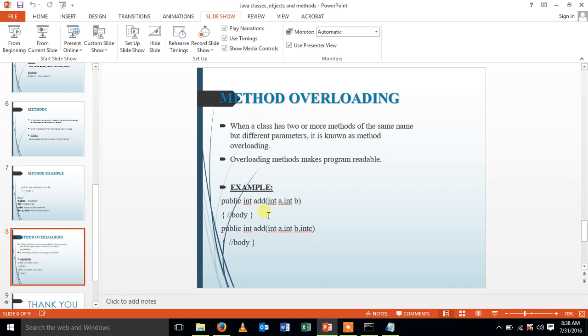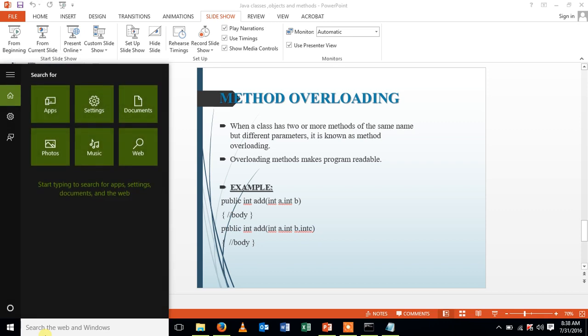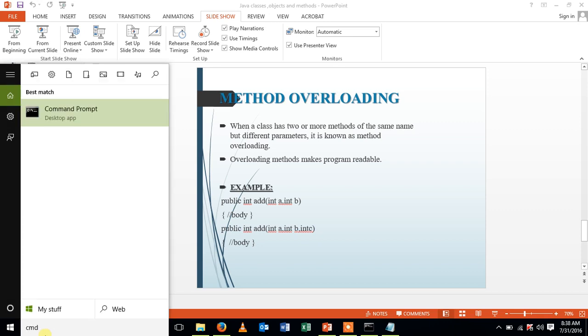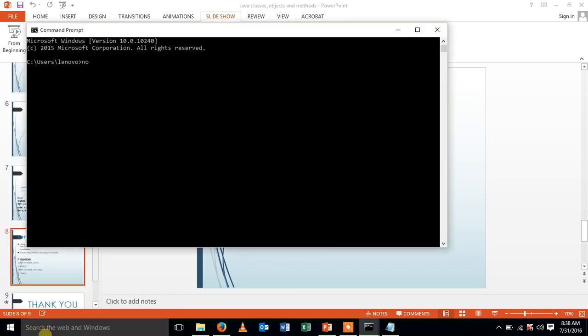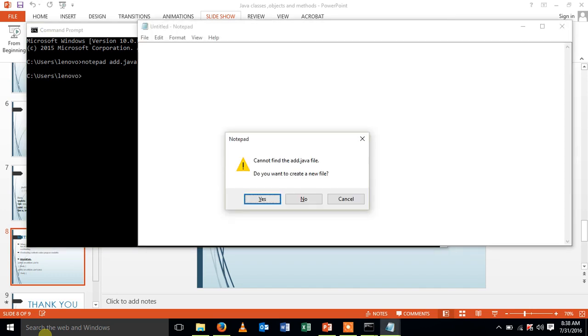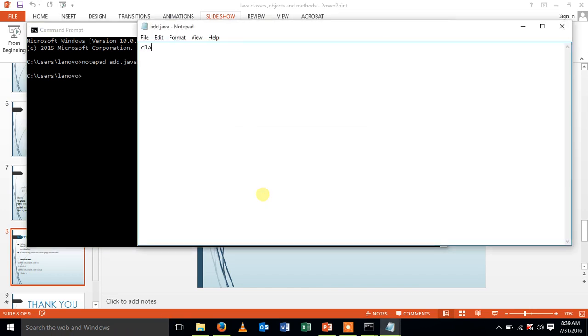Let's see a sample program for method overloading. Let me create a notepad file called add.java. Let me create a class called add, and use my main method.